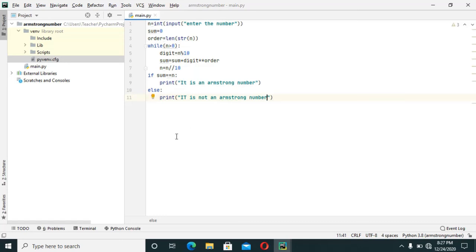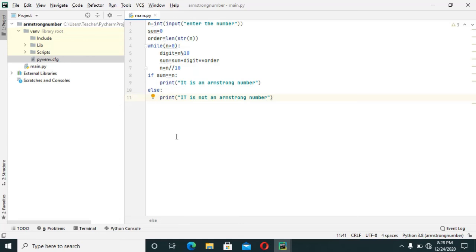So I just want you to pause this video and check what we have done here. Here is a mistake because we are continuously updating the value of n, and in the end n equals 0.